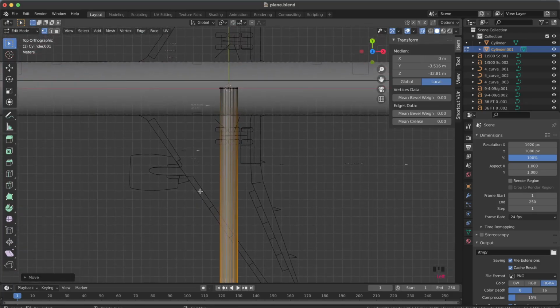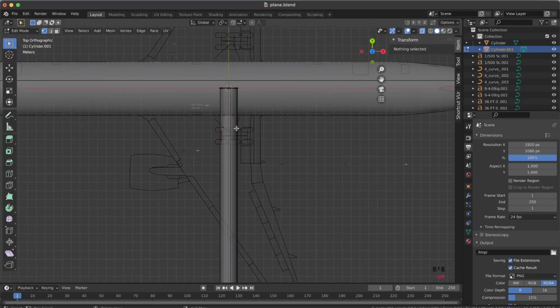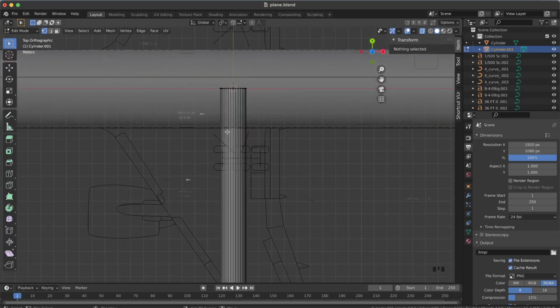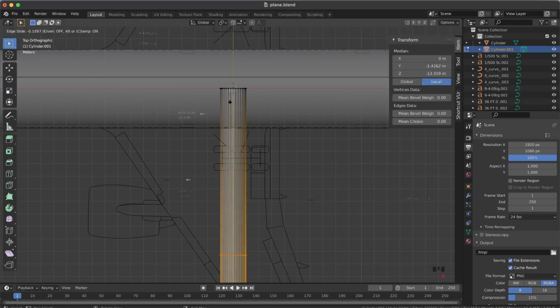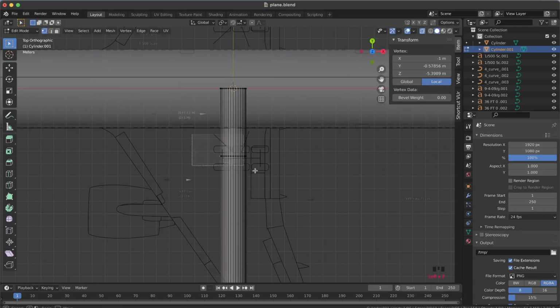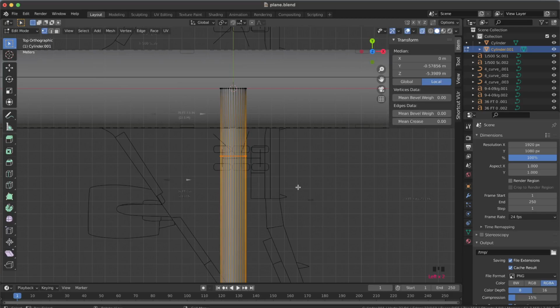Then here we can start modeling the plane. You can do that by adding a loop cut. So Command G, Command R, click somewhere and you should get a loop cut. Just position it here. Then you should start to